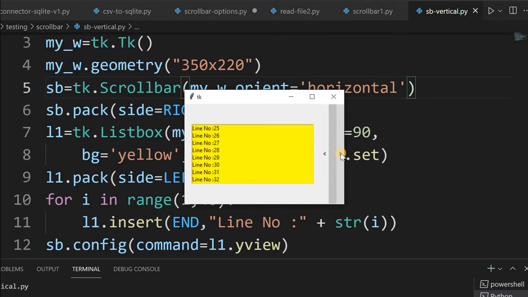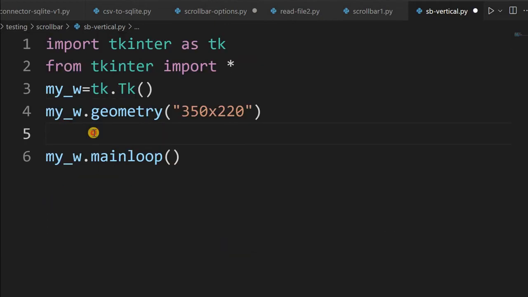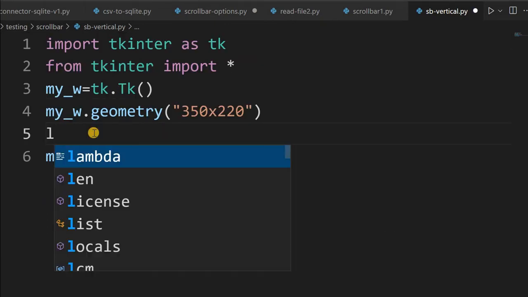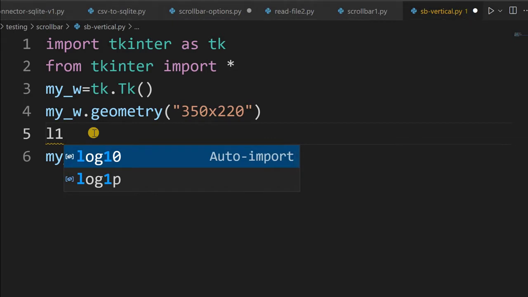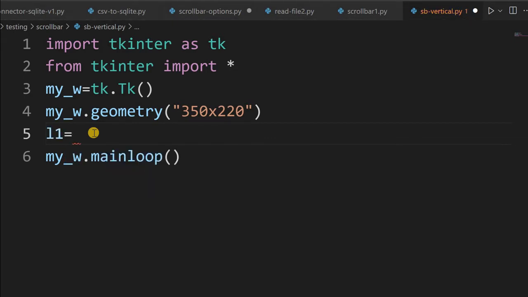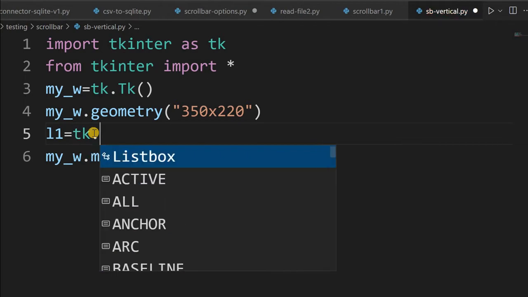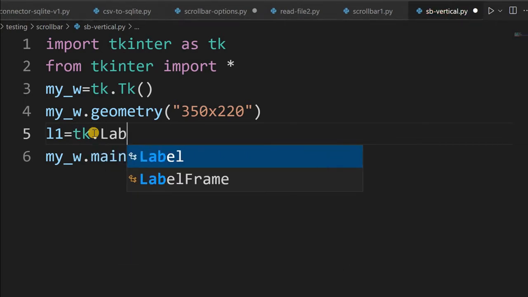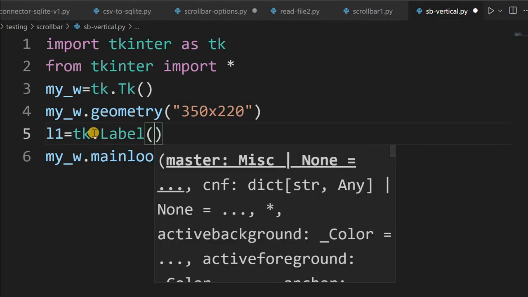Now next we'll see how to connect it to a list box. Now we'll try with a grid layout. So both we can try, and based on your requirement you can use it. So I'm inside the blank window. I'm just putting a label, so it will be easy to understand what I am writing here.